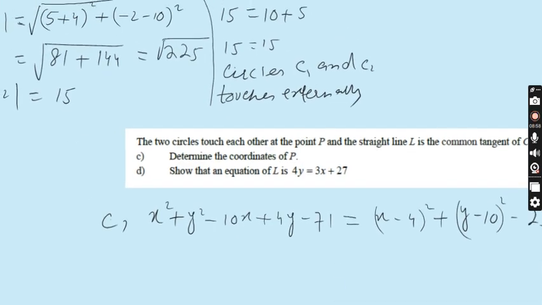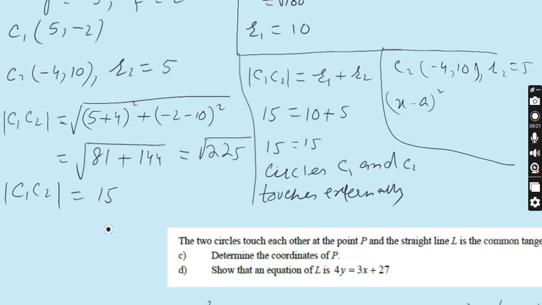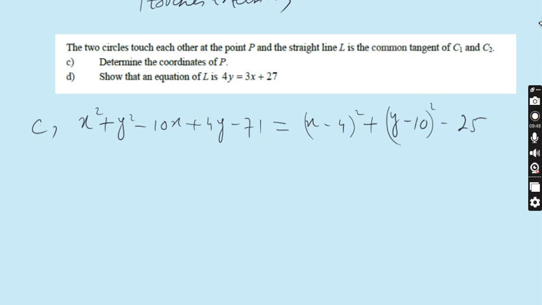I can give you a short description over here. Look at this. This is not part of the solution, I am just explaining it to you. You have center C2 (minus 4, 10) and radius R2 is 5. So you have to use (x minus a) whole square plus (y minus b) whole square is equal to r square. Here a is minus 4 and b is 10 and r is 5. If you put the values of a and b in the given equation, which is called the standard equation of a circle, you will get the same answer which I am going to write. So (x plus 4) whole square plus (y minus 10) whole square minus 25 is the equation of the second circle